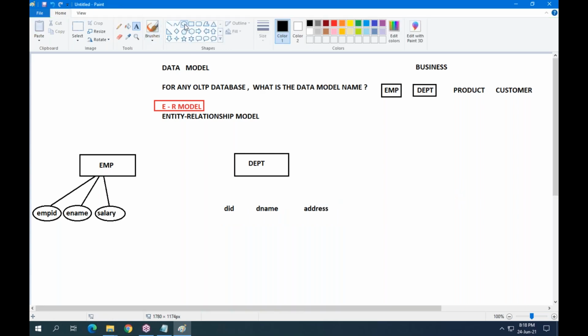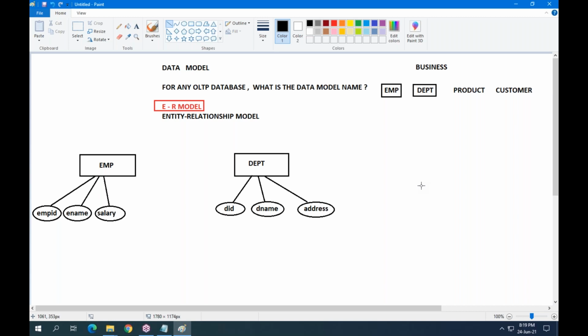So it is also a property. Each property is represented with an ellipse, and a property must be connected to the entity. Entity or object, both are the same. Don't confuse. Okay, fine. You have taken two objects, two entities.